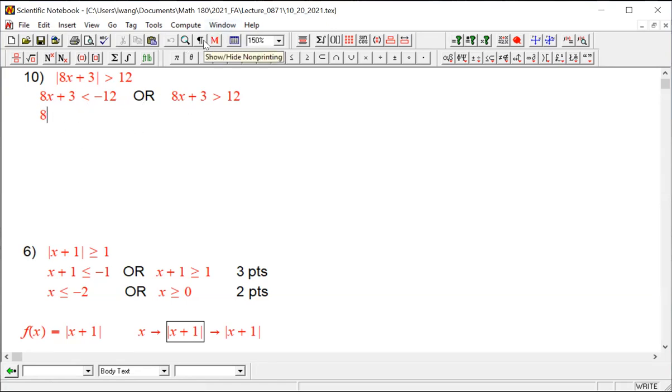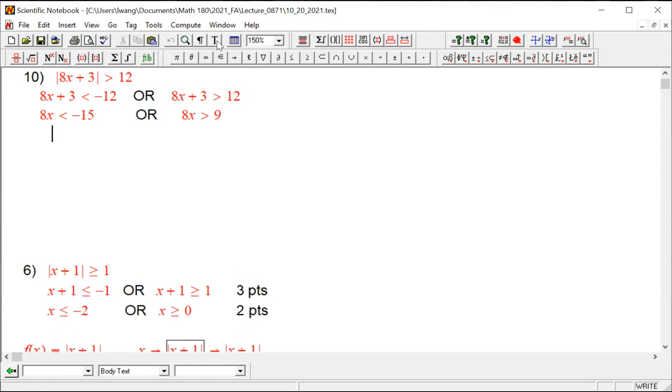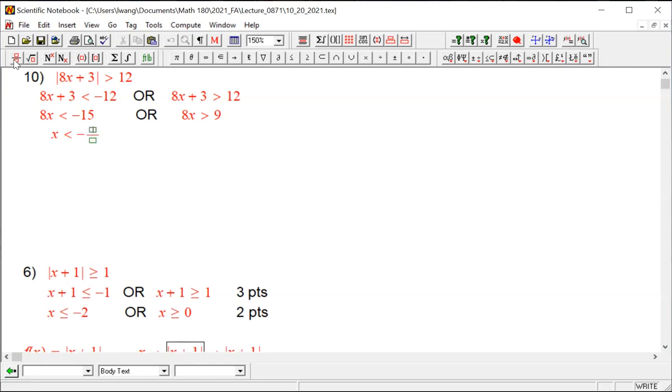So 8x less than negative 15, or 8x larger than 9. So in the end, we get x less than negative 15 over 8,